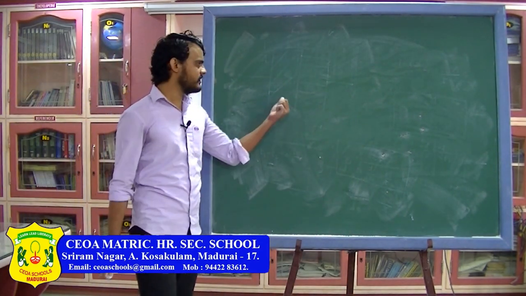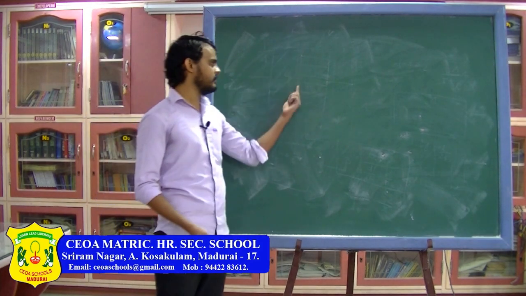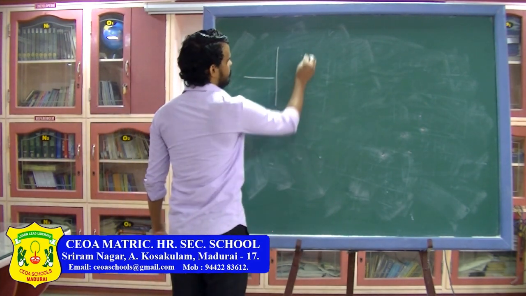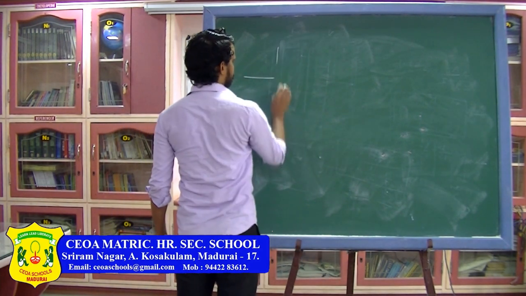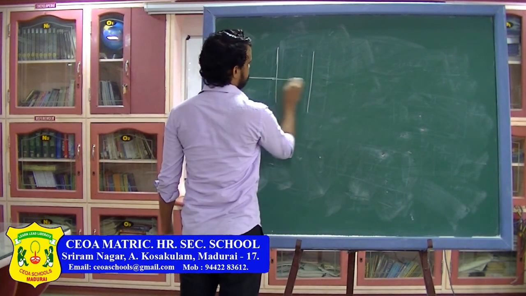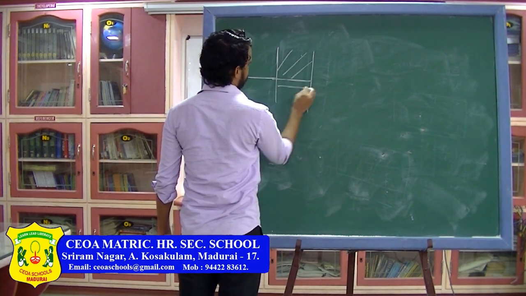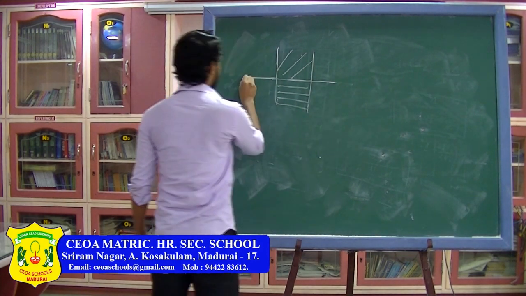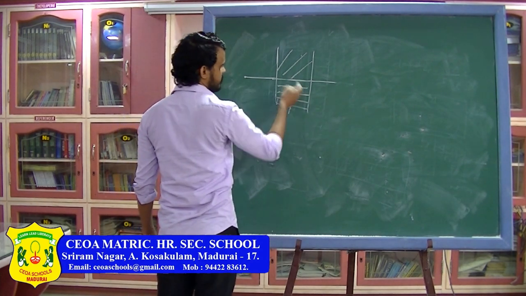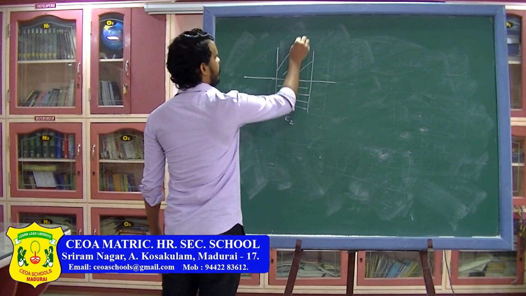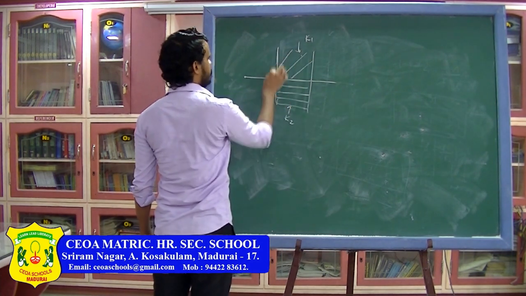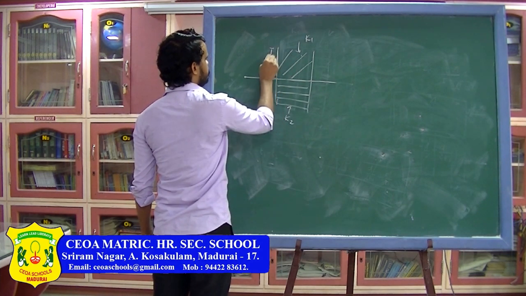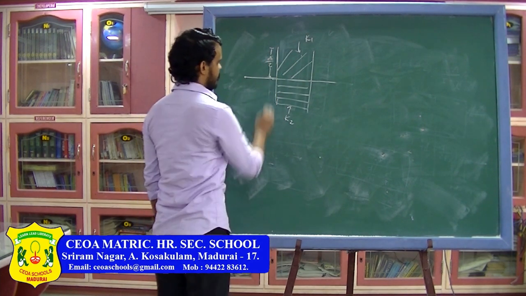Now we have filled the gap between the capacitor plates by inserting the slab which was parallel to the capacitor. Now let us see what happens if you fill the gap between the capacitors like this. So here dielectric constant of this part is K2 and dielectric constant of this part is K1. The total area is A, this area is A by 2 and this also is A by 2.